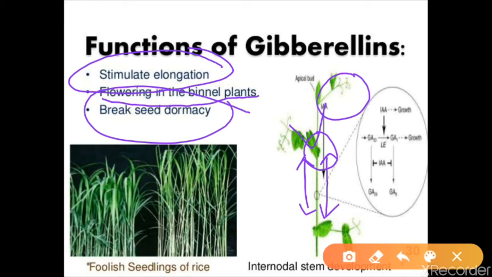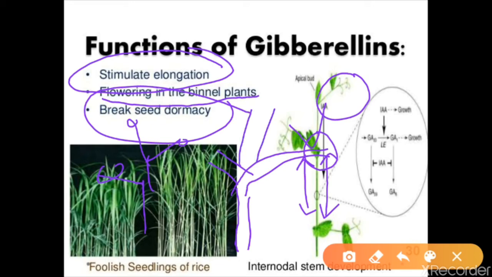One more thing I want to tell you all. Imagine this is a plant. You might have seen that a plant bends to this side, that means the growth moved toward this side, and on this side the growth is not much. Do you know why this is? Actually, the presence of gibberellin is too much over here, but in this position the gibberellin is not there. So instead of growing on this side, they grow on this side.